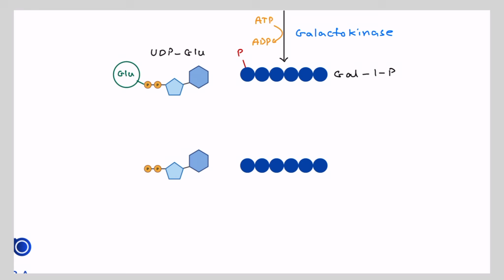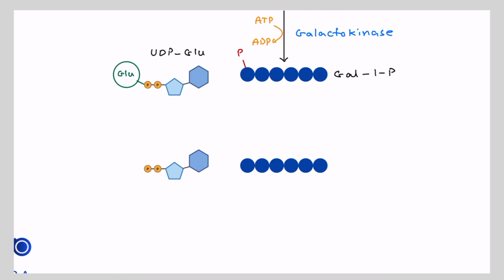Now this is going to act as a glucose donor, so it will end up giving this glucose that is attached to it and bring it here, and take this galactose and bring it here. So how does this happen? This will happen in one step, through action of an enzyme that is called galactose 1-phosphate uridyl transferase. And how does that happen is that we're going to have our galactose 1-phosphate here, and